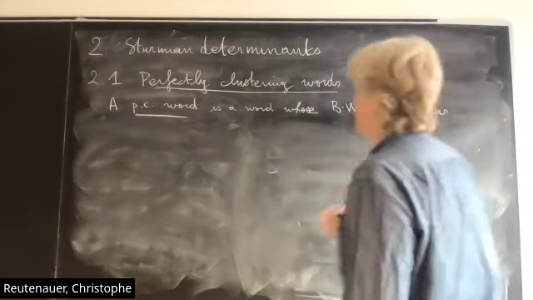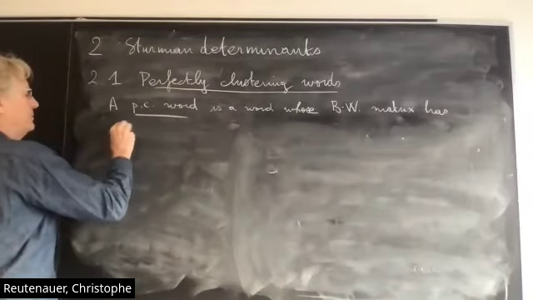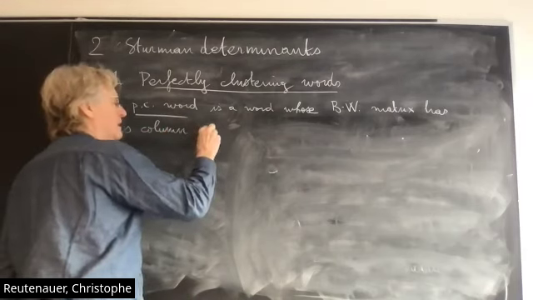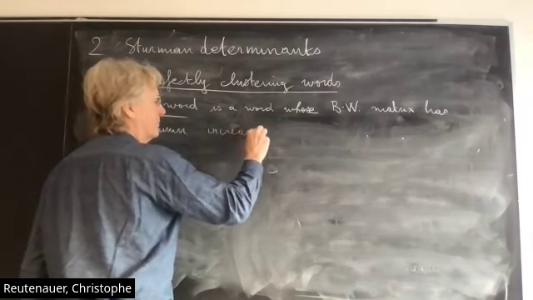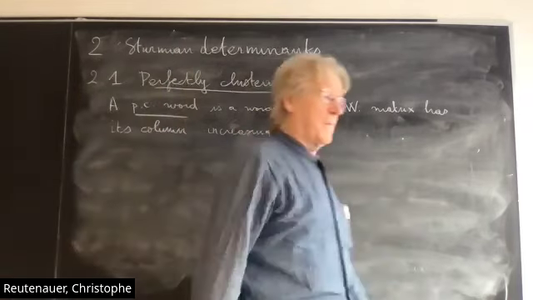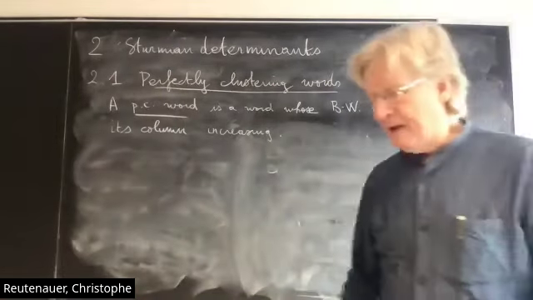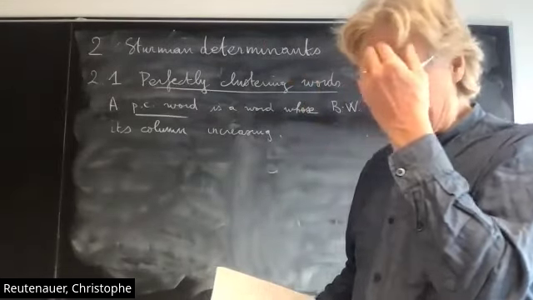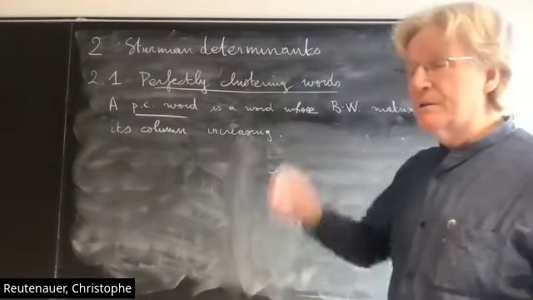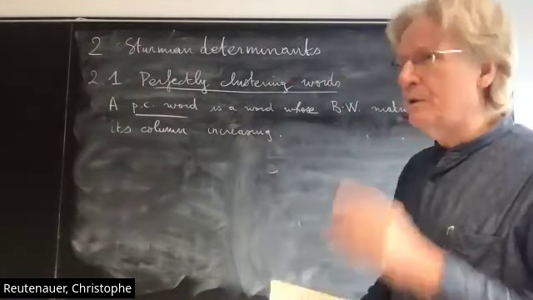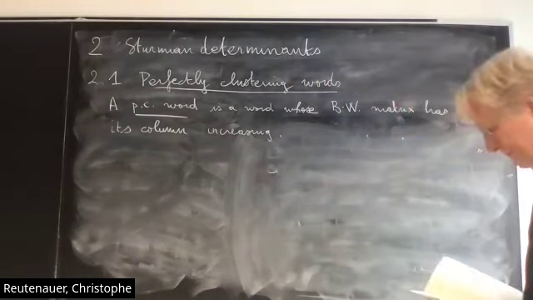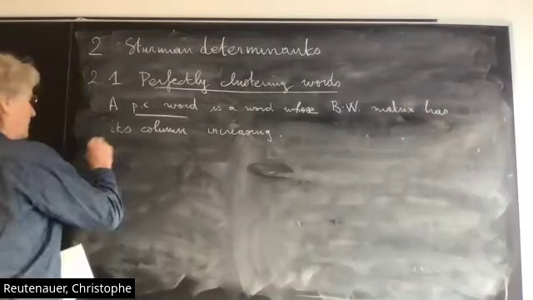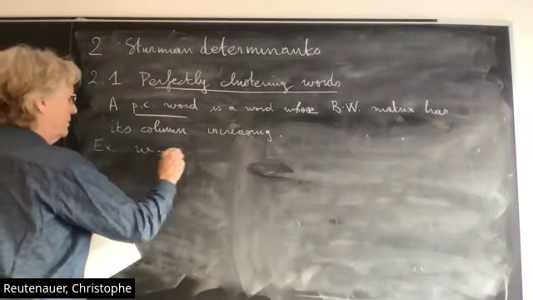has its last column, sorry for my English, last column increasing. I take the Burrows-Wheeler matrix in decreasing order of rows. So let me just give an example. W equals